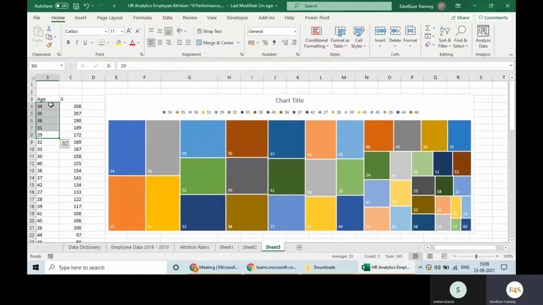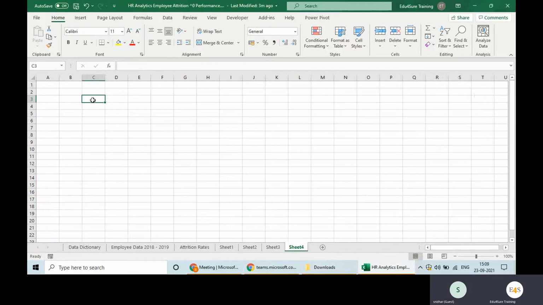Now we will try to find out a relationship between age and job satisfaction. As of now, we were looking at age and job involvement to find the most efficient age group. Now we will establish the relationship between age and job satisfaction, right? If they are not satisfied after a particular age, they will not work. So we have to keep that factor into consideration. Now what will we do? We will create a funnel chart for this, right?